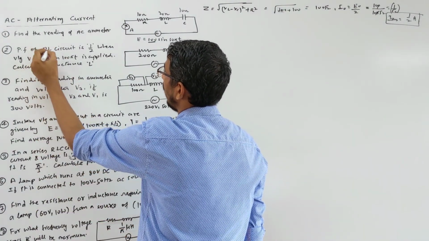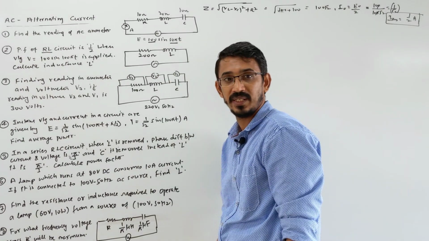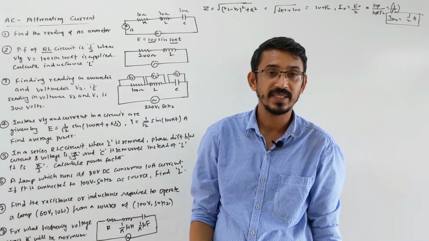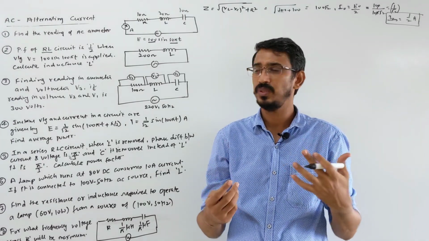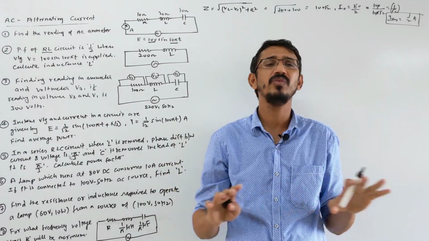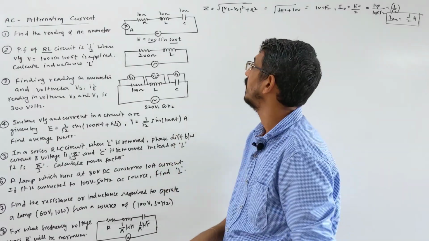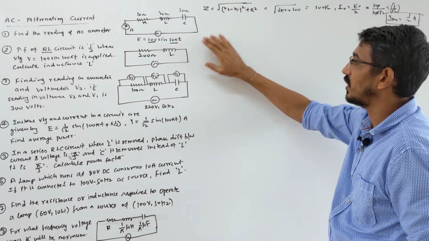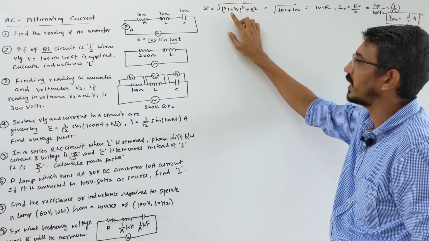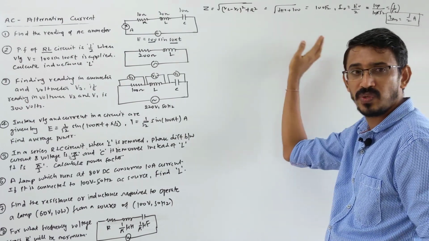Power factor of an RL circuit, resistor and inductor circuit only, is given. So look, I told you that I am discussing RLC all three together. If they ask about any two, then whatever element is not given, you can remove from all the formulas. Suppose they are asking about an RL circuit and you want to use this formula. C is not given in this circuit, so you can remove the C term, leaving XL square plus R square. You can do the same thing for all 6 formulas.